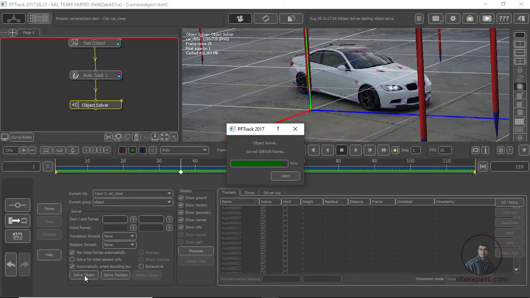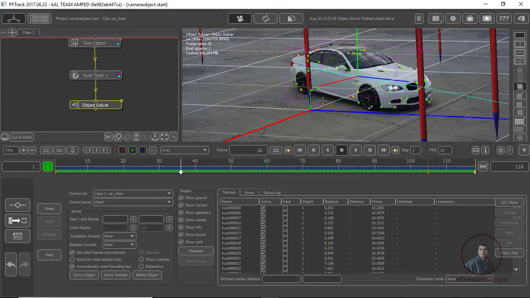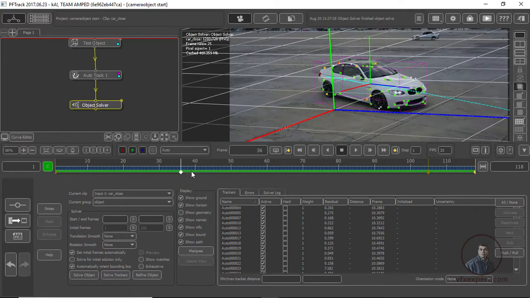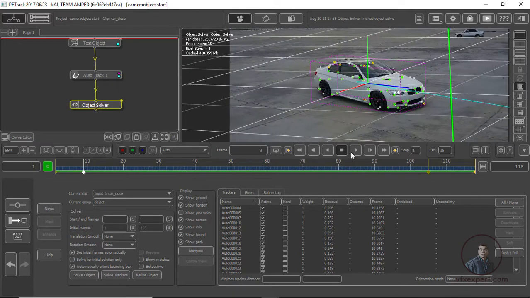Now just click. Now you will see your object has been solved and it is showing a bounding box which represents your object motion. Downside you will see some options, so I am going to hide some objects. Then click on the show geometry option, you can hide your geometry. Now you can clearly see. Now if you play you will see